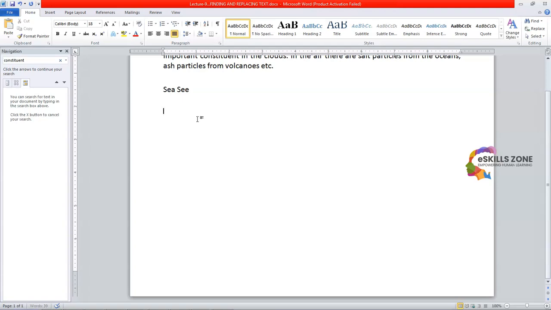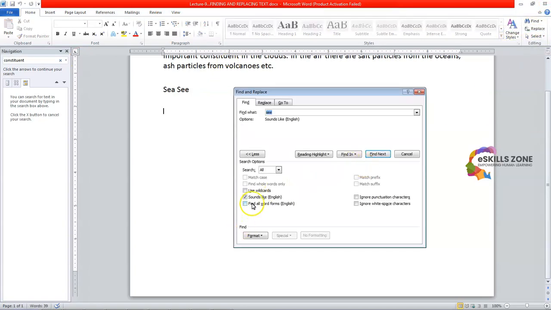Now we will select and use the option find all word forms. From here we will again go to the find option, go to advanced find, and click find all word forms English, and it finds all the forms of the verb or noun of the word. Now we'll click the find next button. From here